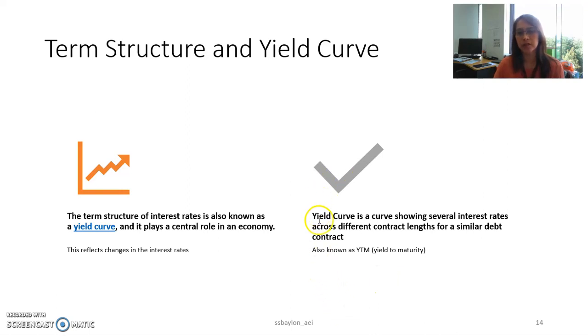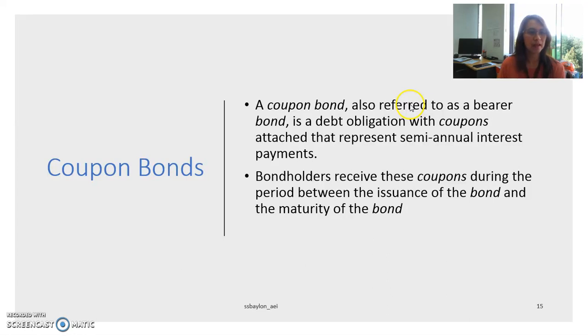When you see the word yield curve, it's also known as yield to maturity, so it's also a rate. If I would be asking you, what's the difference between a term structure and a yield curve? I'll throw that question to you, and try to answer that in class. Still part of 4.2, since we talked about bonds